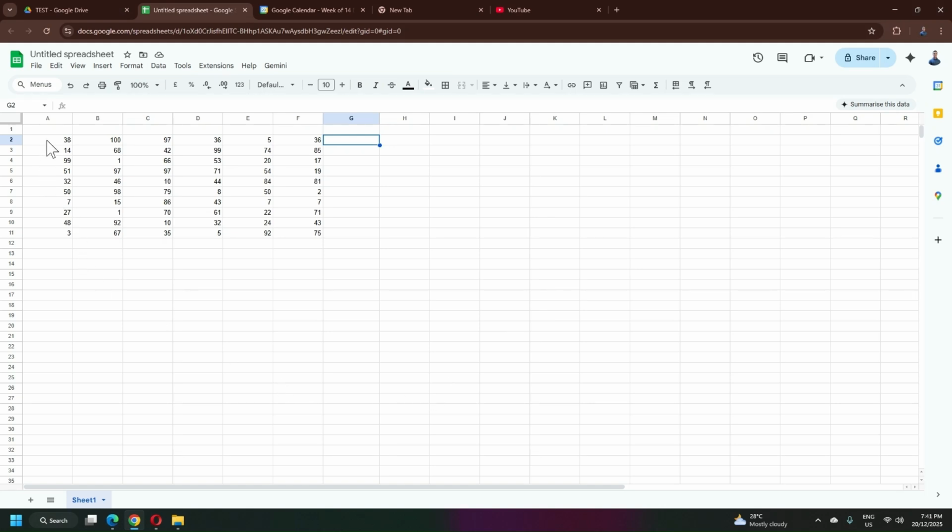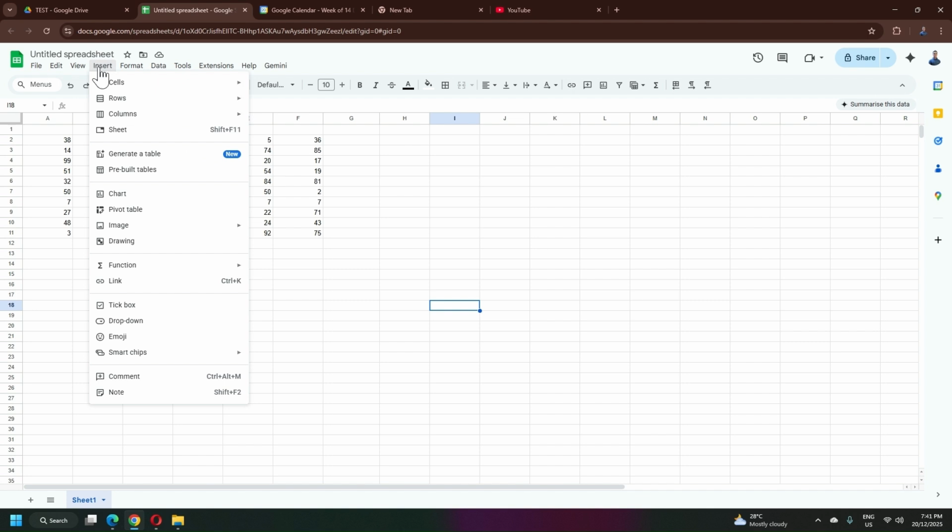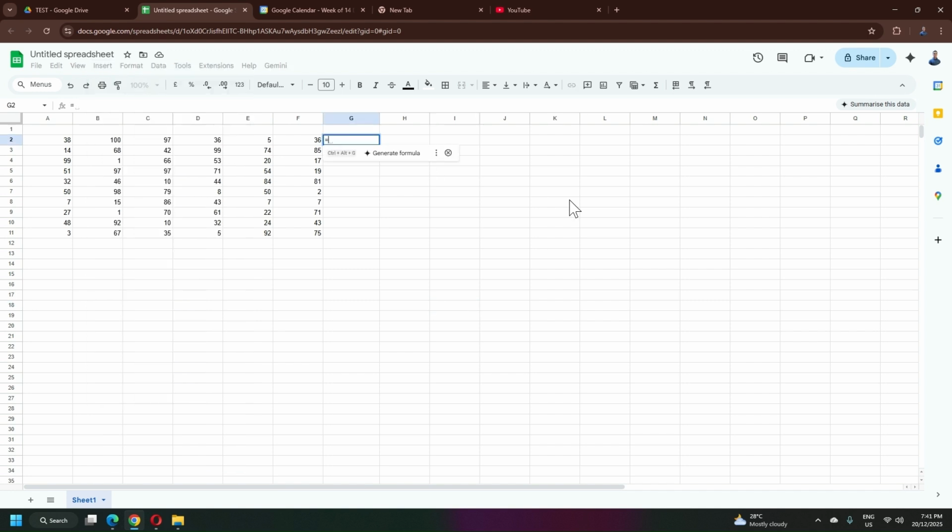Okay, over here, I create some random numbers to be used for my chart. You can see all these are random numbers. But I do not want the standard normal chart that you find inside here because that is too big. All right, so what I can do is there is this sparkline,